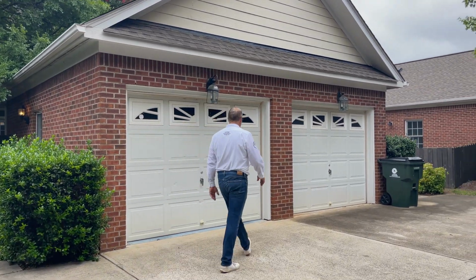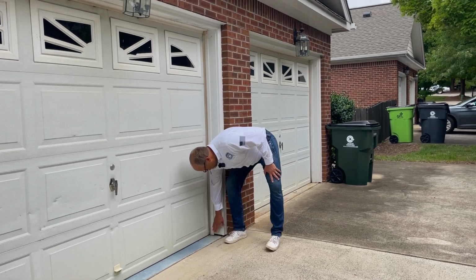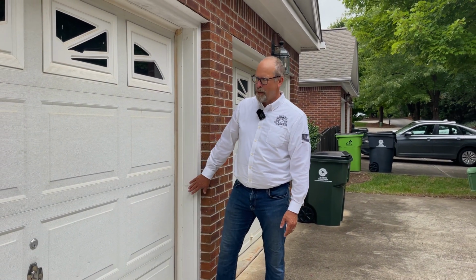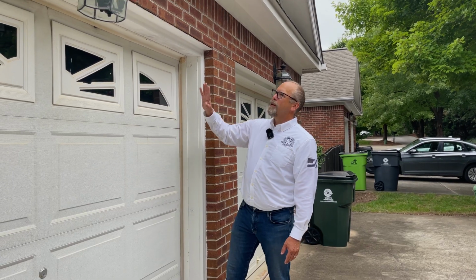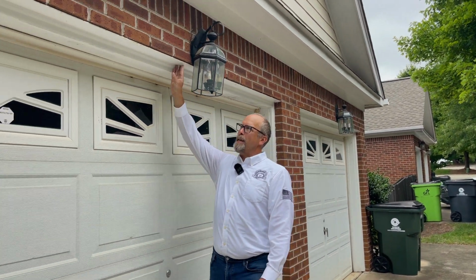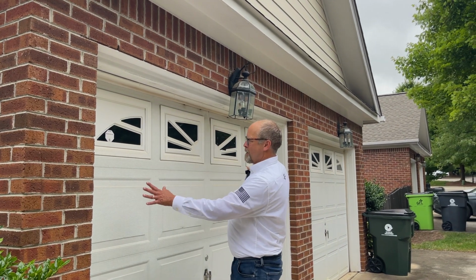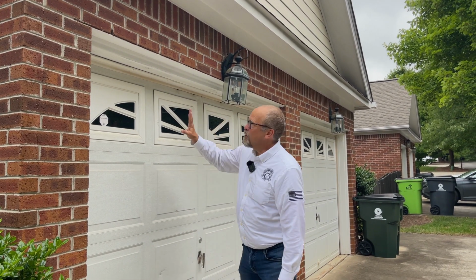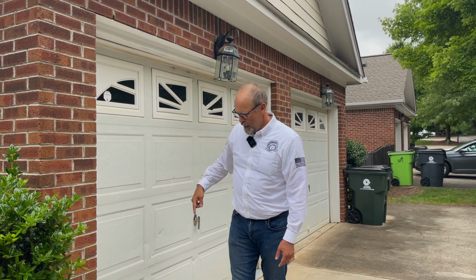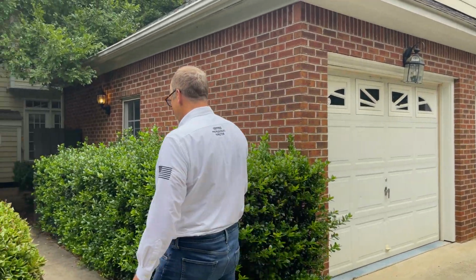And we look for anything that could rot, right? So the bottom of the wood of the garage door needs to be inspected. The top corners for the lintel, this is the steel beam that holds up the brick above the big expanse doorway. That has to be in good shape, and it needs to be painted because there's some rusting going on. And as we wrap around this way, we can see that